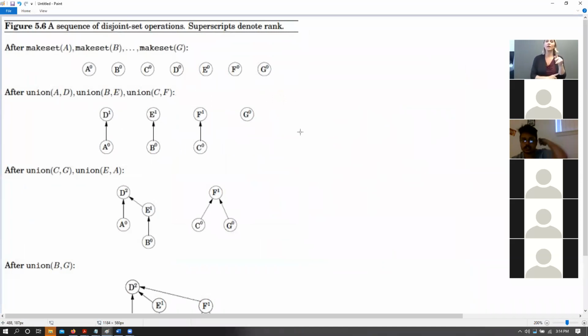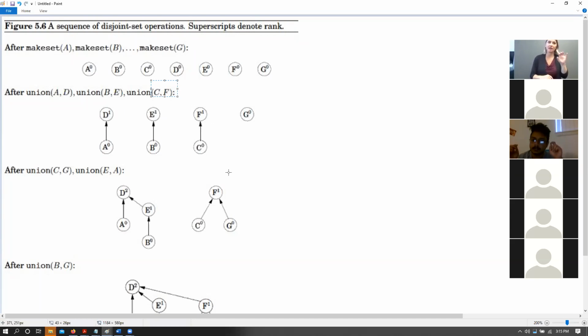Okay. So initially, Kruskal starts off with these. So let's say that there is this graph that had A, B, C, D, E, F, G vertices. Kruskal essentially builds separate entities for every vertex. And then let's say that it adds certain edges. It adds an edge between A to D. It adds an edge between B to E, and it adds an edge between C to F, right? So in that scenario, we have this connected component AD and EB and FC.